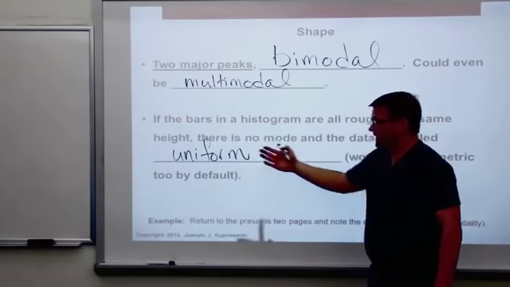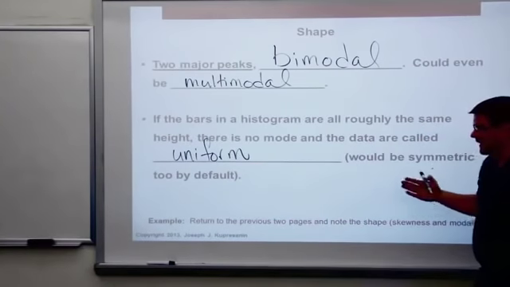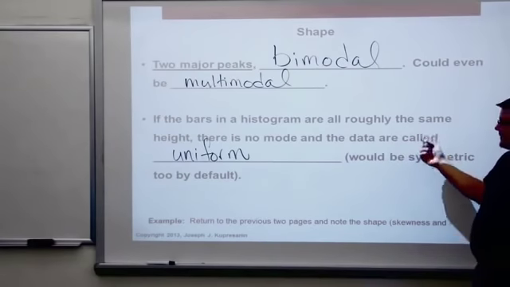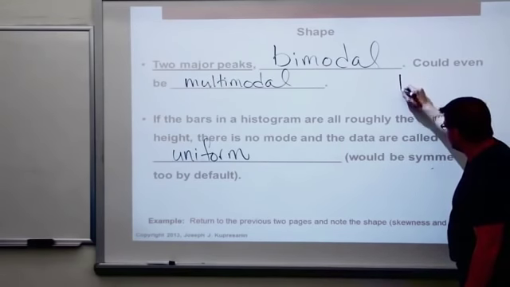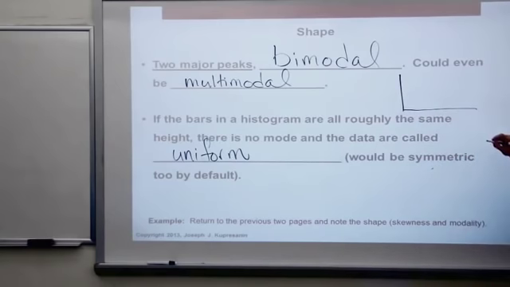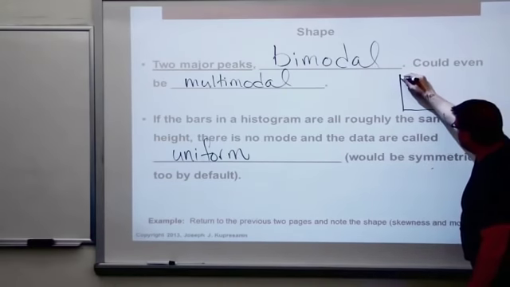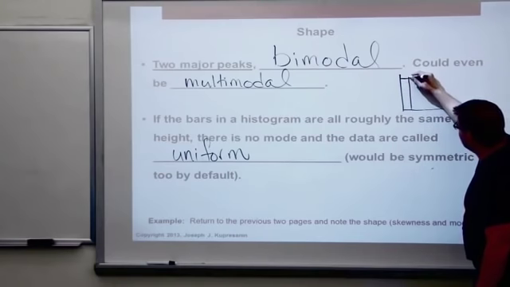So it'd be uniformly distributed across the number line. Okay. I don't know if there's an example. There probably is if I flip the slide, but I'll draw you a real quick picture of uniform just so you have an idea to put to the word. If I collected some data and made a histogram and